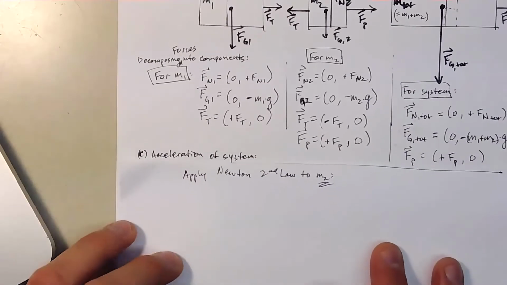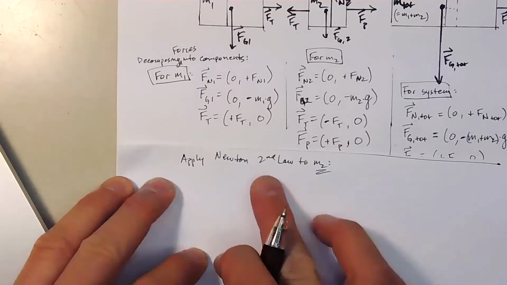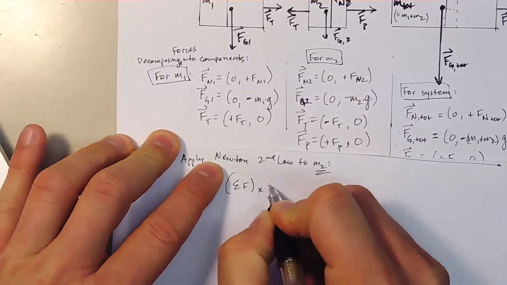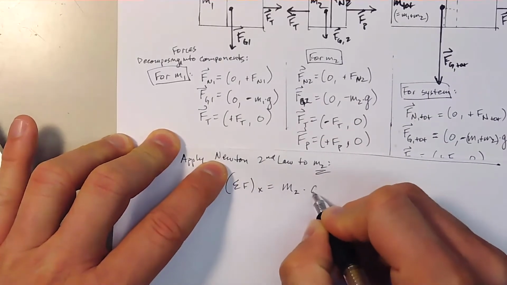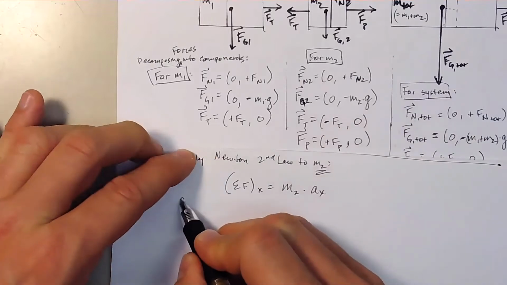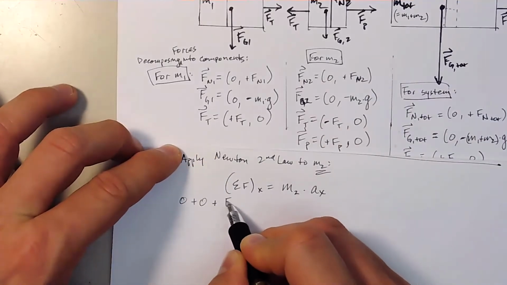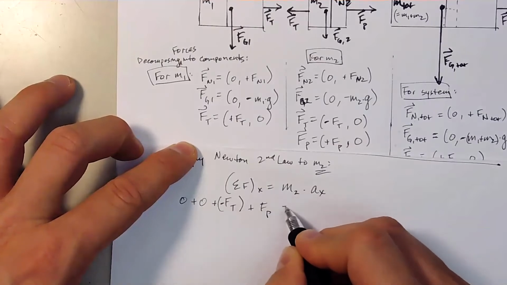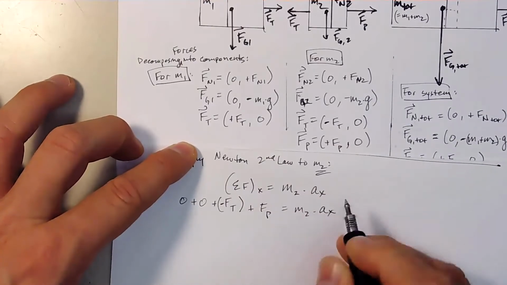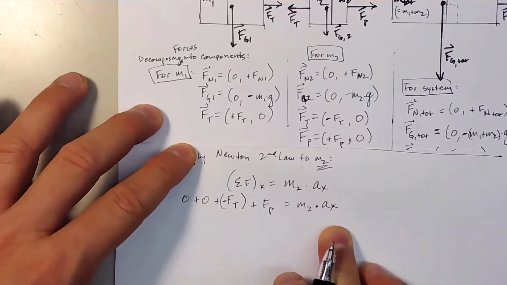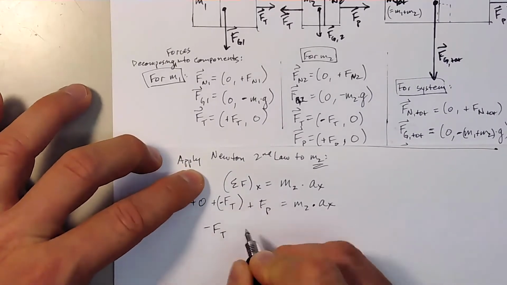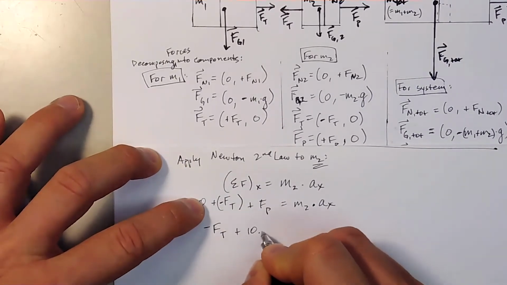I'm going to cover my answer from before, and I'm going to say, okay, let's apply Newton's second law to mass 2. Sum all of the x components of all the forces right here, 0 plus negative tension magnitude plus Fp is equal to m2 times acceleration. That's the same acceleration as we just used before, because the system, box 2 and box 1, all have the same acceleration. So the tension in the connecting cord,